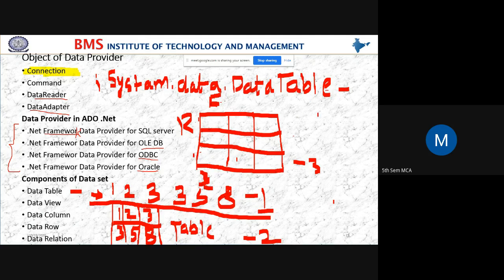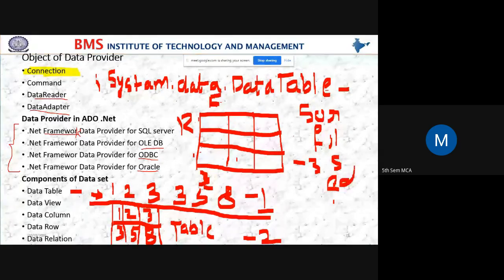The data will be represented in the form of a table only, and it will be used for sorting data, filtering data, searching data, editing data, and for navigation.